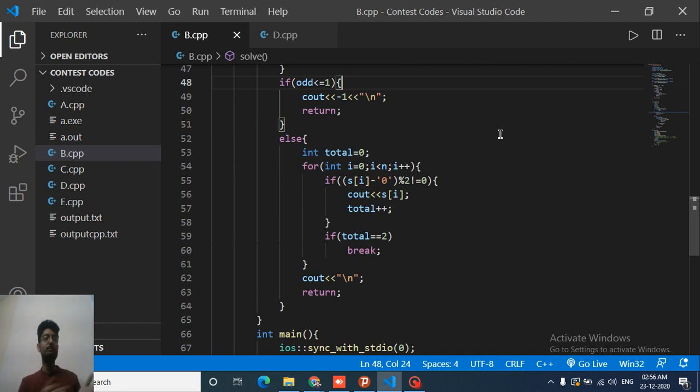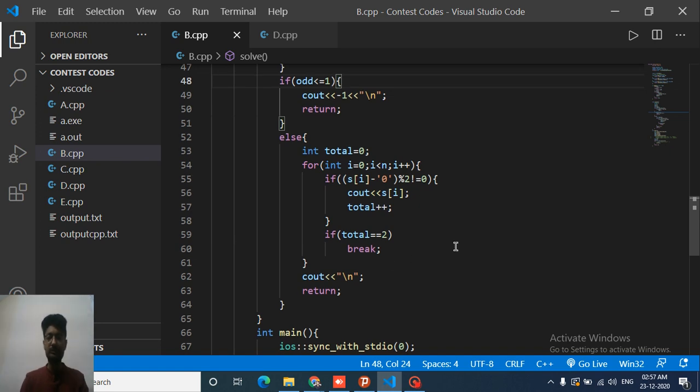You can just iterate from left to right, and whenever you find an odd digit, print it and increment the total, because it means that I have printed one odd digit. Whenever the total becomes equal to 2 in this for loop, just break out of the for loop, which means that I have printed two odd digits, and I don't want any more odd digits, so we don't require it. Then when you come out of this for loop, you just print a new line for the next test case, and so on. And this is the logic of the problem.